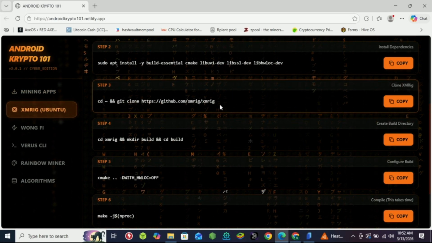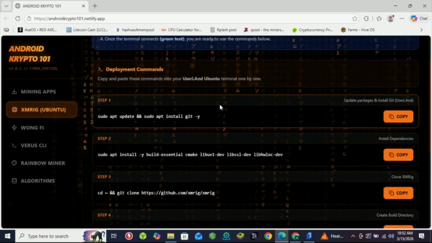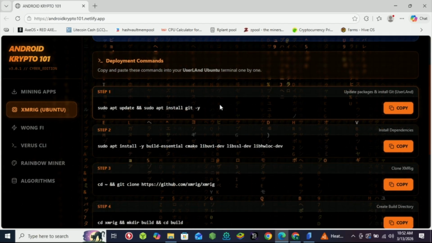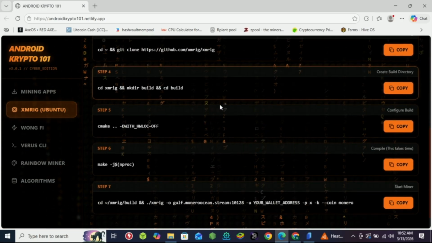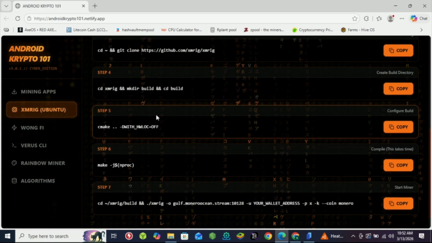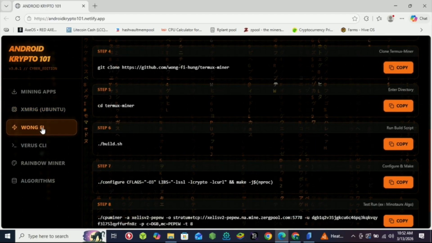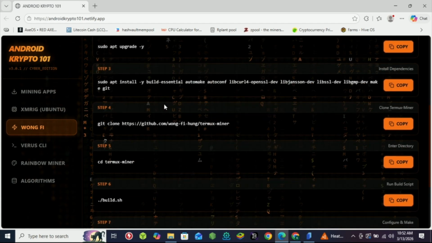Then you go here to XMR. This is if you wanted to do the CLI version, I think it's called. Basically the one that doesn't have an app, the one that looks like it's just back end stuff. But you would do this on Userland. These are all the steps, one by one. Copy paste, bing bing bing. These are all the steps to do